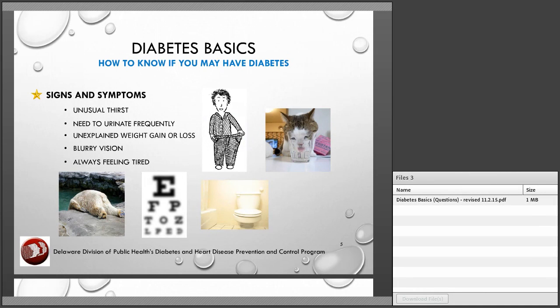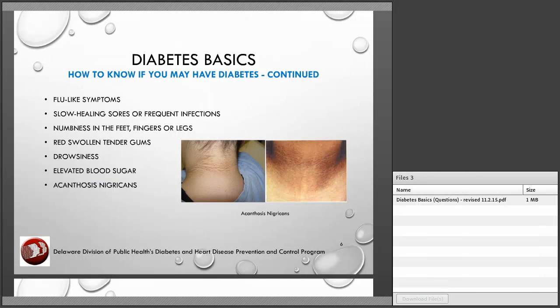How do you know if you have diabetes? Well, some of the signs and symptoms are an unusual thirst, a need to urinate frequently, an unexplained weight gain or weight loss, blurry vision, feeling very tired, experiencing flu-like symptoms without having the flu, slow healing of sores or frequent infections that are also slow to heal, a numbness in the feet, the fingers, or the legs, red, swollen, tender gums, drowsiness. Of course, if you're measuring your blood, you might see an elevated blood sugar,